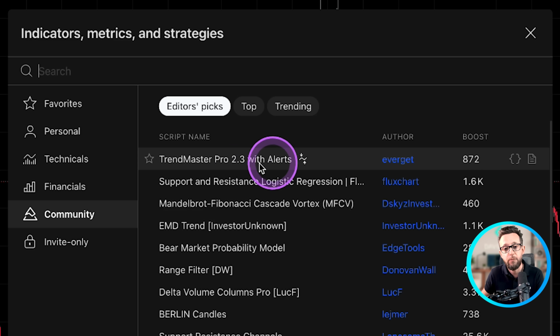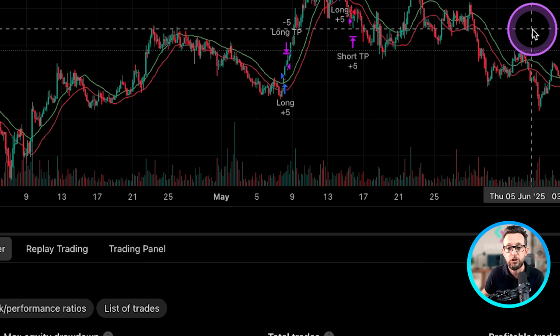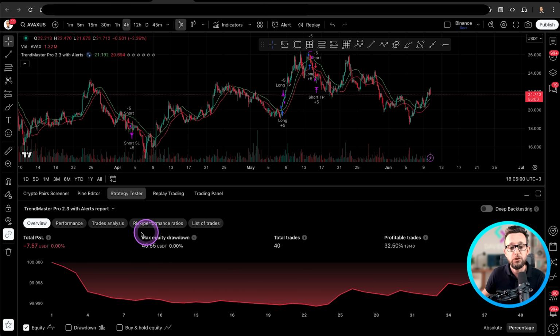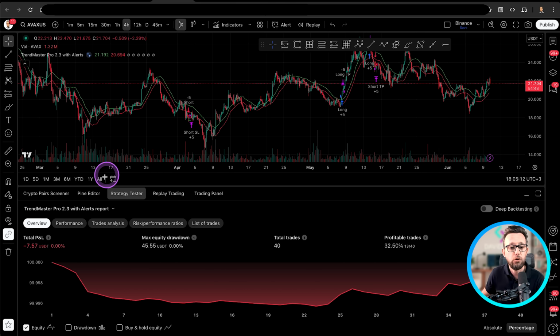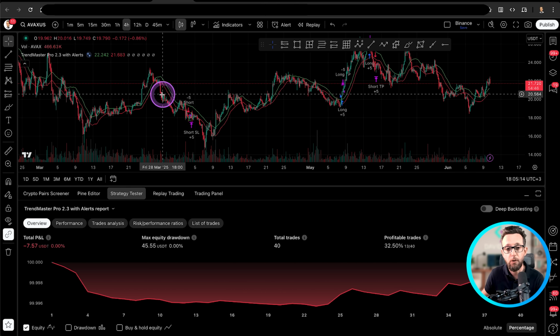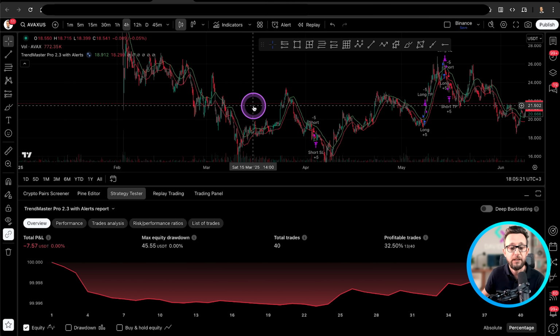This one was recently an editor's pick. Let's have a look and add that one to our chart. To our deception, as soon as we add 95% of trading strategies to the chart, we end up with equity curves that look very much like this. Now, this is caused by the actual trading strategy not being adapted to the markets we're on, but don't despair